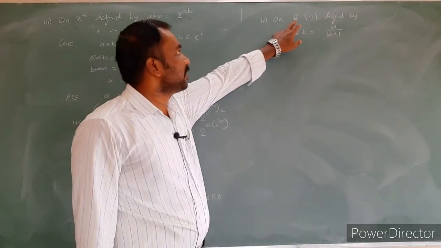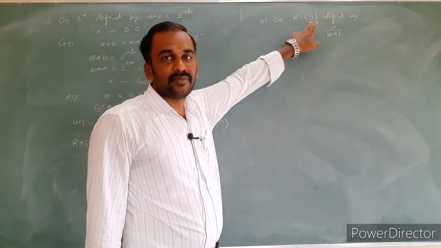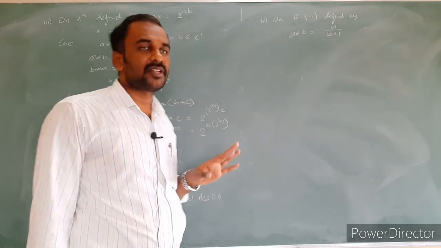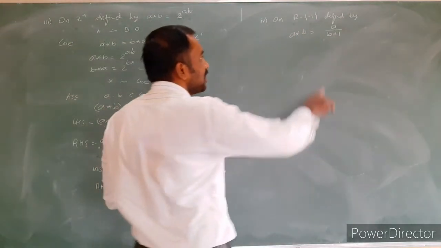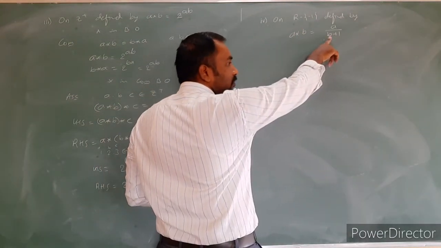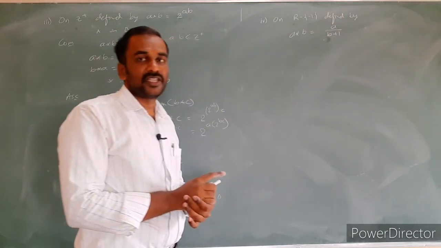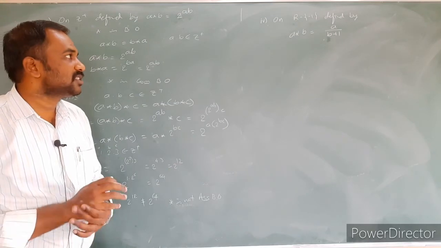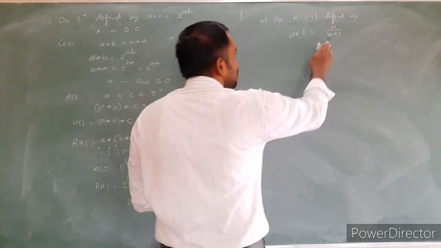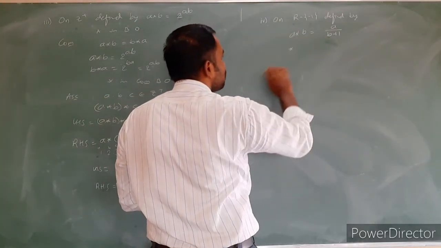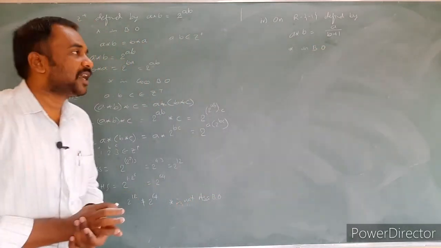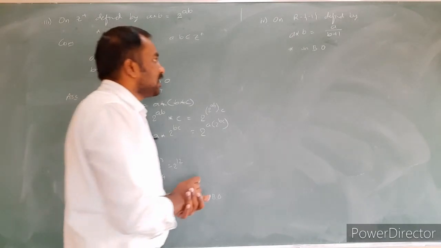So what is the domain set? All the real numbers except minus 1; neglecting minus 1, any remaining real number you can take. Why are they neglecting minus 1? If I take b value as minus 1, the denominator becomes 0, and any number divided by 0 is not defined. That's why minus 1 is neglected. So if you replace any real numbers a and b, obviously it is a real number, so it is a binary operation.